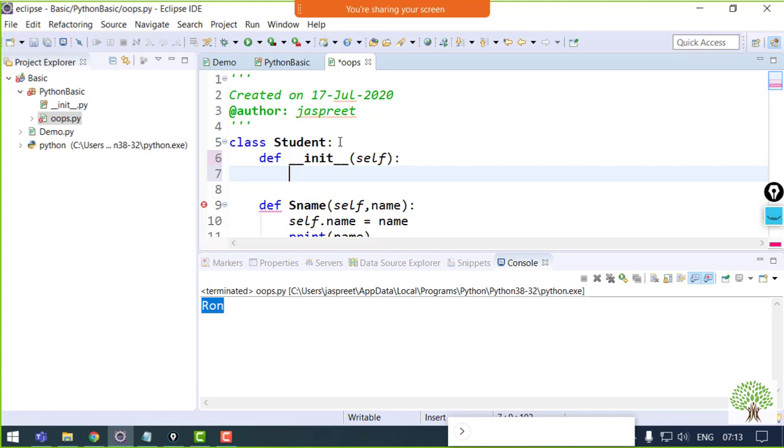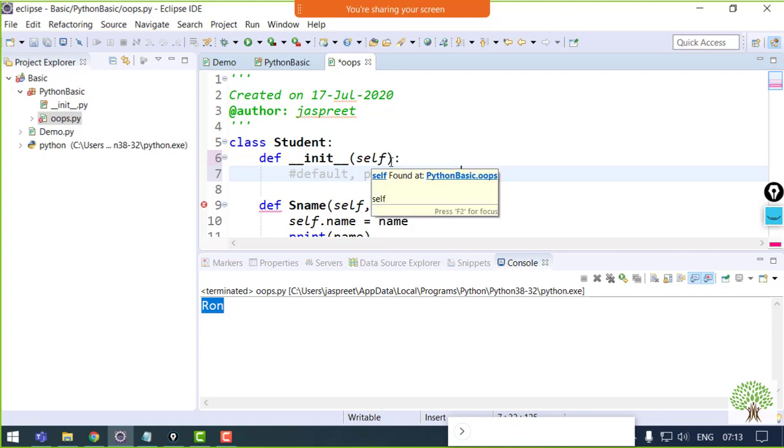Fine. Now over here the constructors are also of two types. One is the default and one is the parameterized. Now by saying this only, we can understand that the parameterized constructor will get some parameters that need to be passed, right? And the default one will not expect any parameters to be passed.